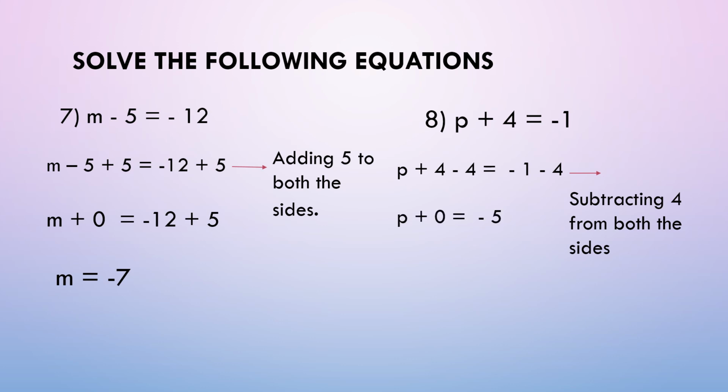So minus 1 and minus 4, what you have to do? You have to add. Both the numbers are having the same sign, right? So what you have to do? Addition you have to do. So 4 plus 1 is what? 5. 4 is the bigger number. Before that, which sign is there? Minus sign is there. So minus 5. So p is equal to minus 5.